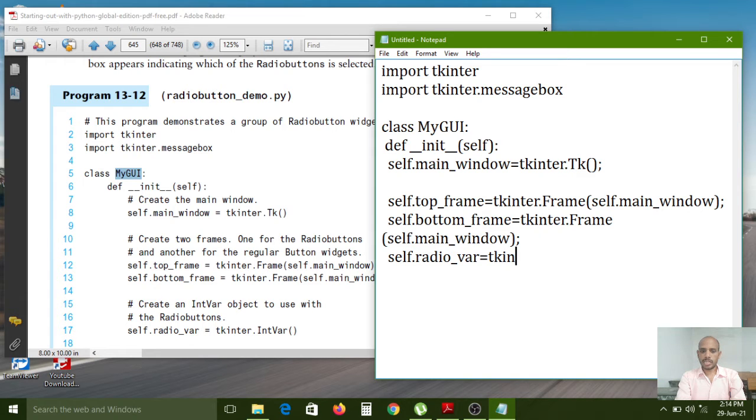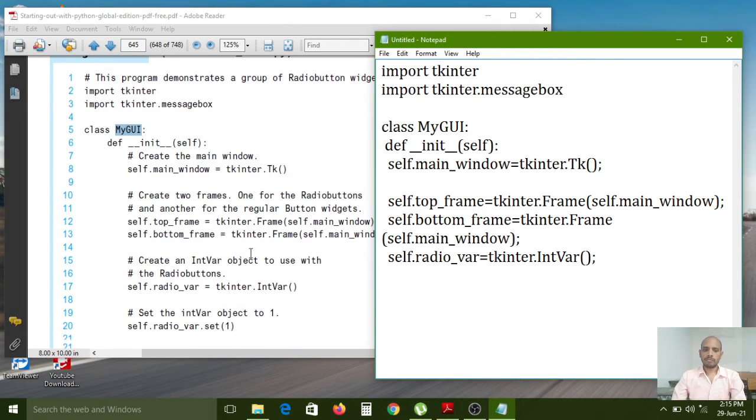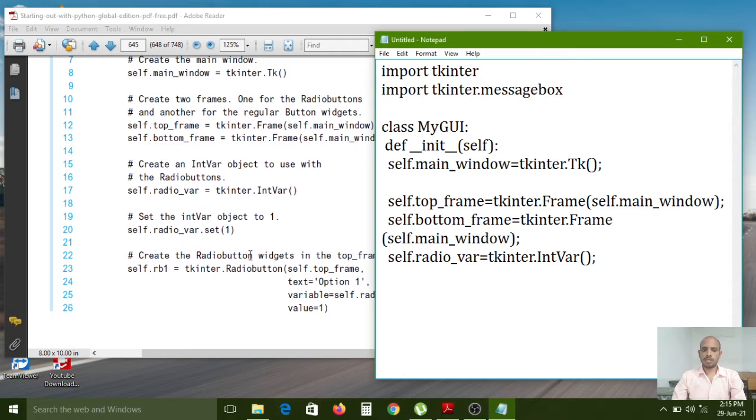So it is an associated object. That's why we have to use the integer class. So easily we can use the IntVar function, right? So here the integer class object is also created with the name of the self.radio_var variable.